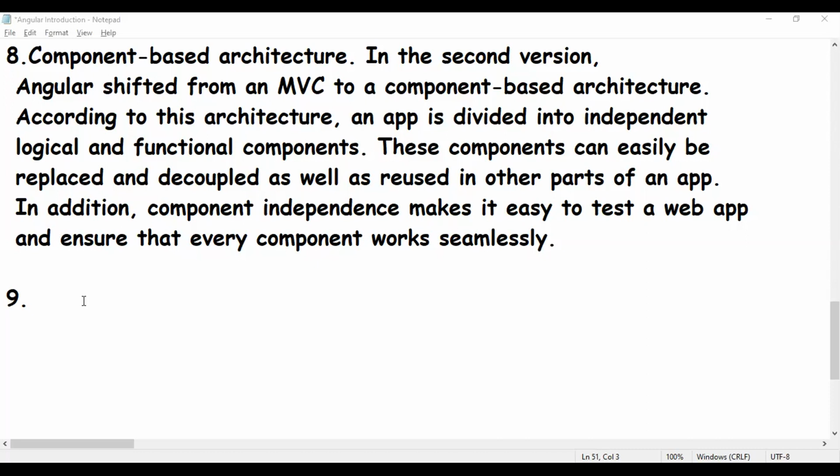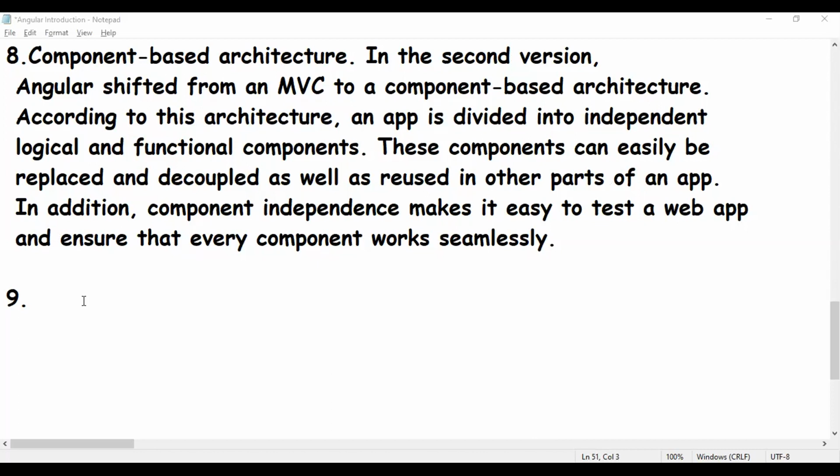What does this mean? Code is compiled before the browser loads your web application so that it's rendered much faster.